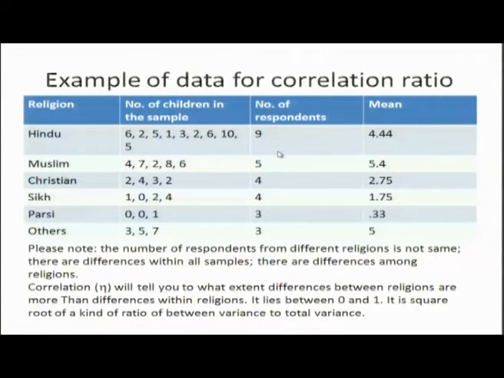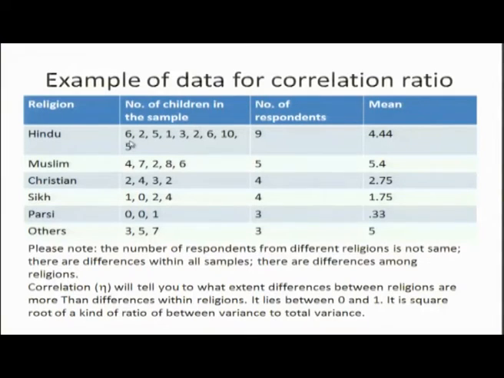Example of data in which we have to calculate correlation ratio. There are different values of x; x may be quantitative or qualitative. This is qualitative: Hindu, Muslim, Christian, Sikh, Parsi, others, and the number of children. Then you can calculate the variance of all these values, that will be the denominator,